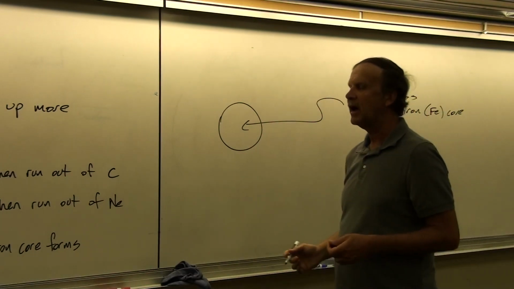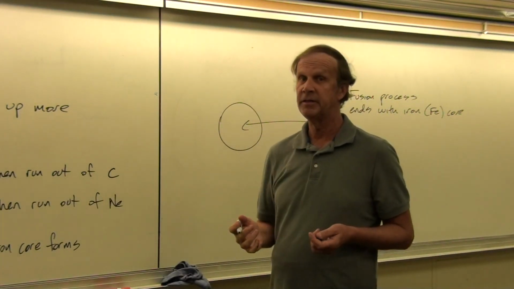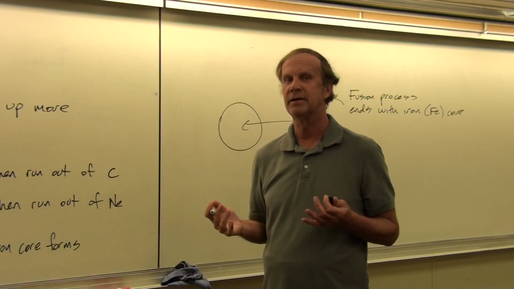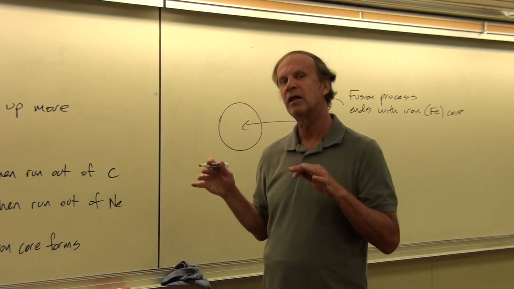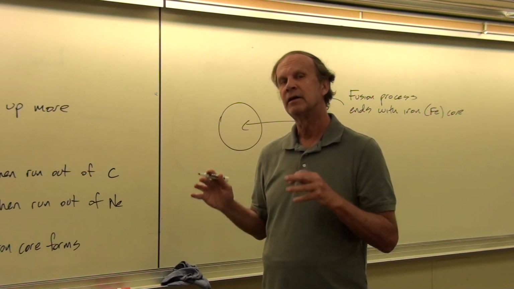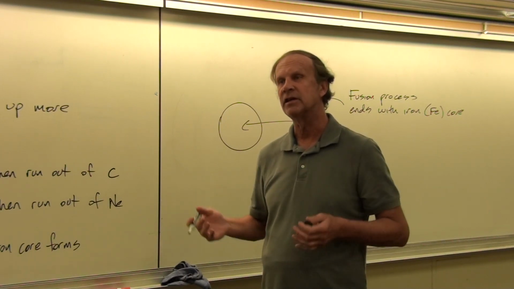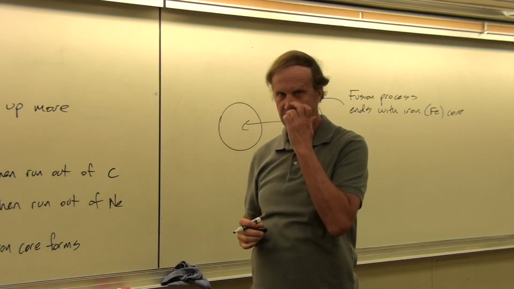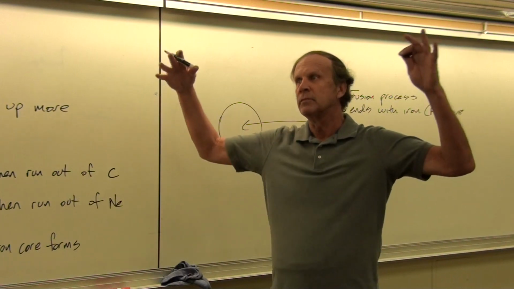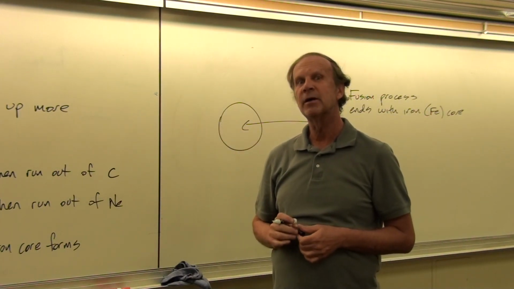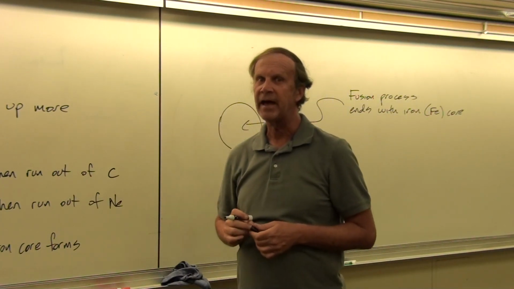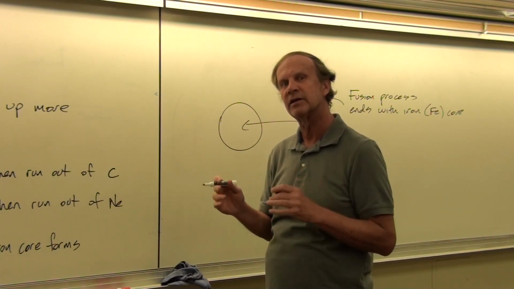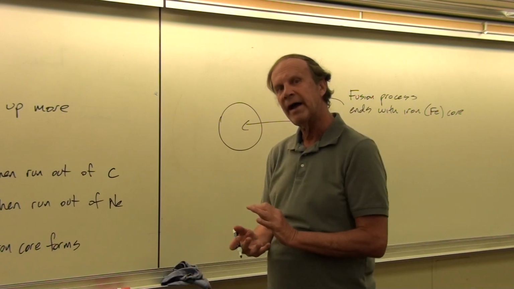Why? Because iron is the most stable element in the universe. And so every other element is like an iron wannabe. And so elements that are smaller than iron want to become iron by fusion, and that releases energy. But then also from above, if you have a fission reaction, something like uranium breaking down, it wants to become iron from the other direction. So that's why you can get energy from breaking atoms apart in a fission reaction, and also combining atoms together